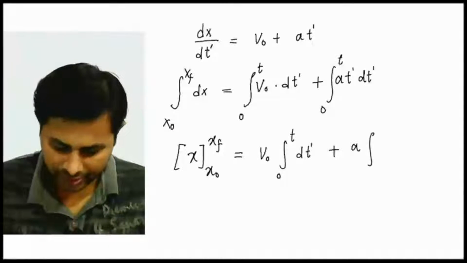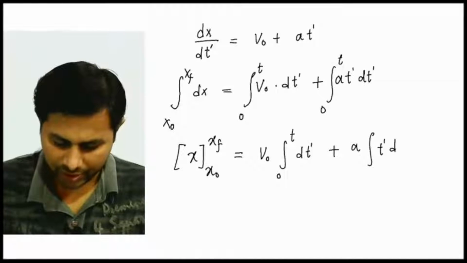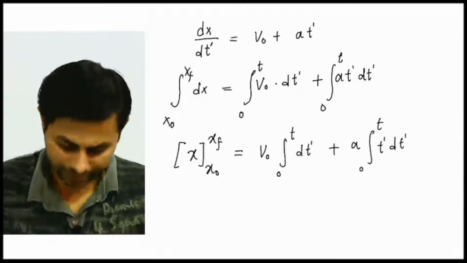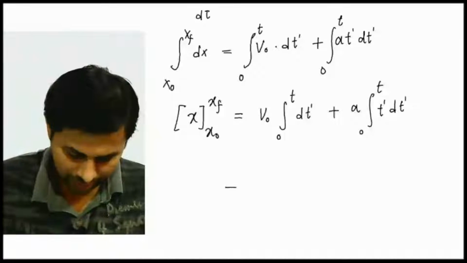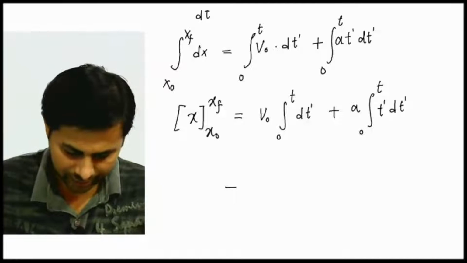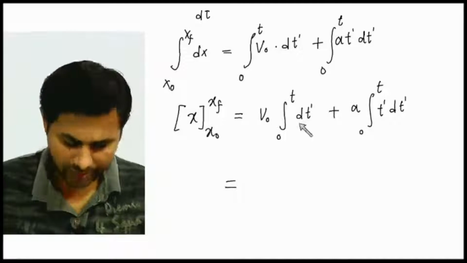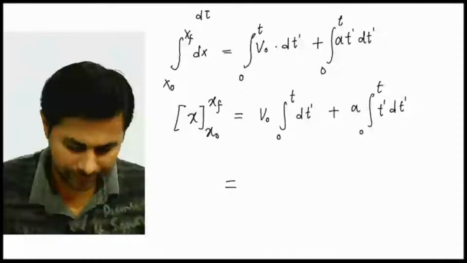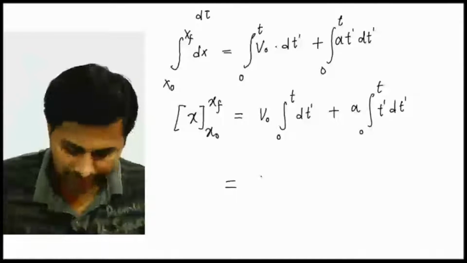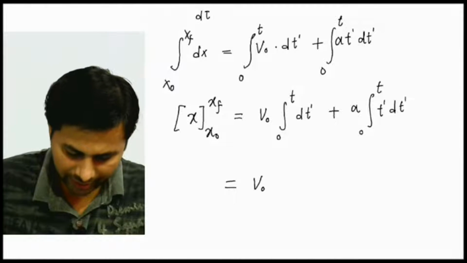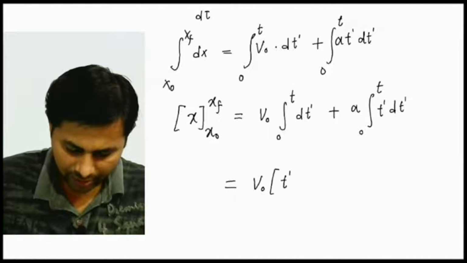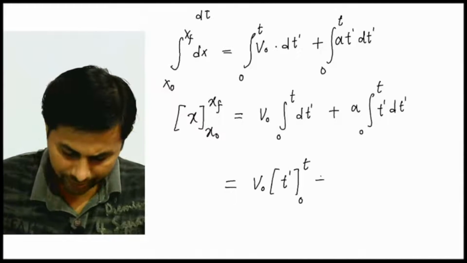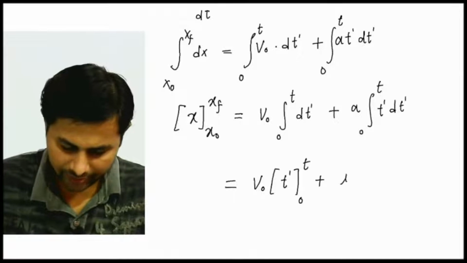plus a times integral of t prime dt prime from 0 to t, and this integral is simple. Integral of dt prime will be t prime, just like integral of dx is x. So this is v naught times t prime. So time changes from 0 to t. Okay, plus here we have a times